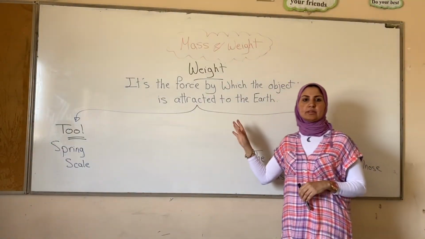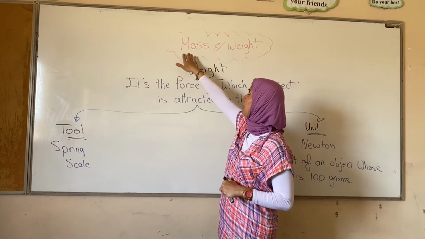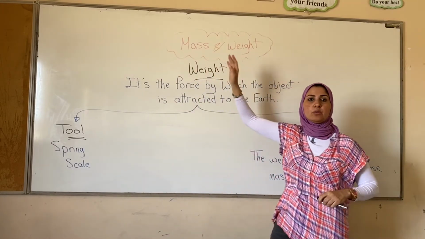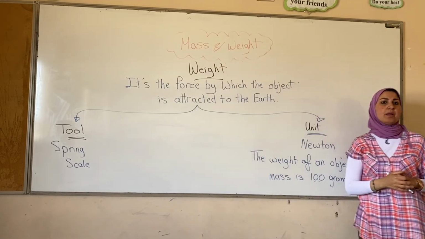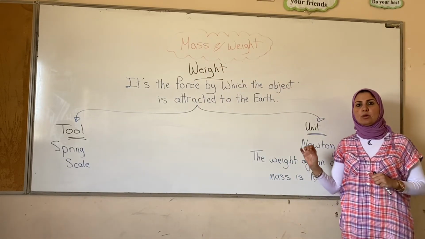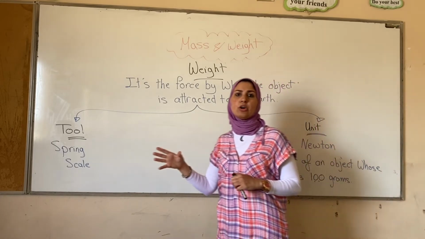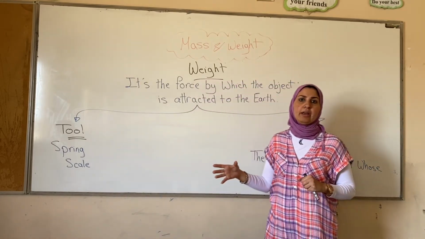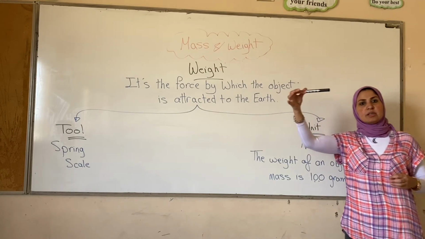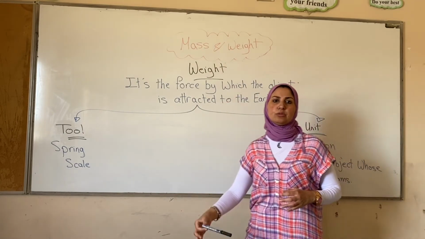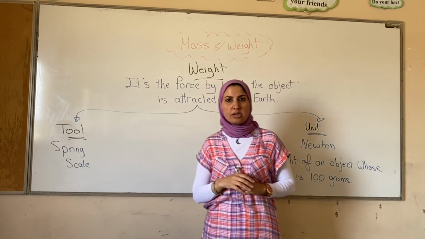What about the weight? We said that Unit 1 is talking about the mass and weight. We've already talked about the mass. We need to know what the weight is. Before I start talking about the weight, I want you to think: why do we walk on the ground? Why don't we fly? Why, if I throw this marker, does it fall on the ground? Because